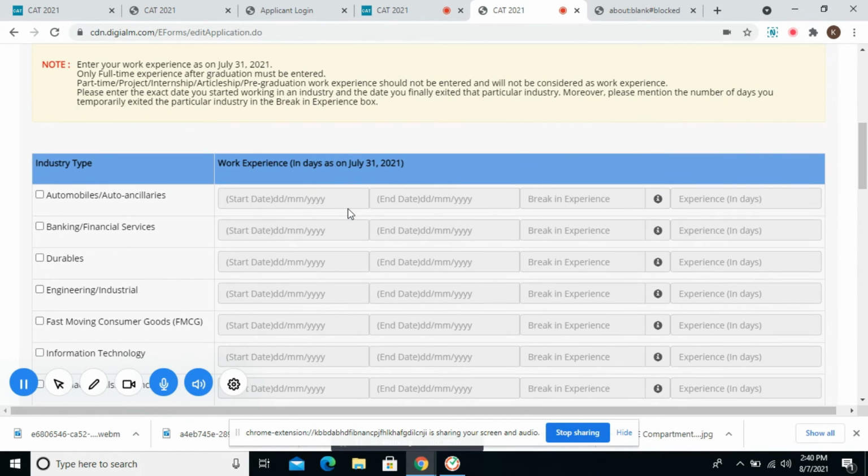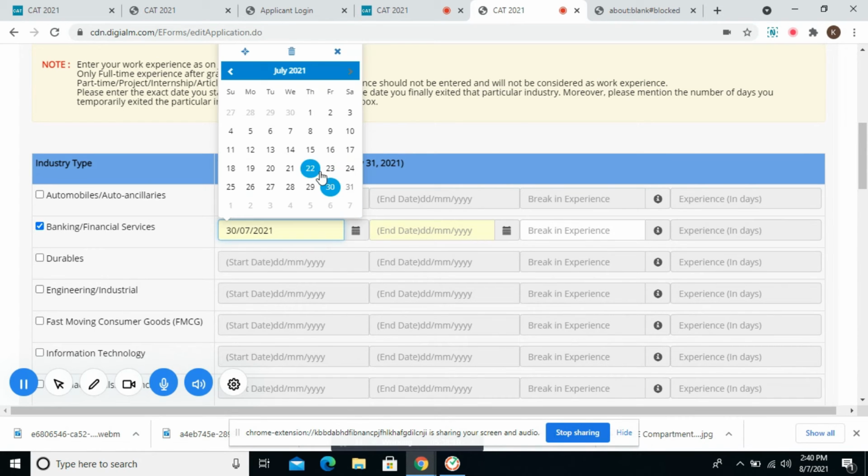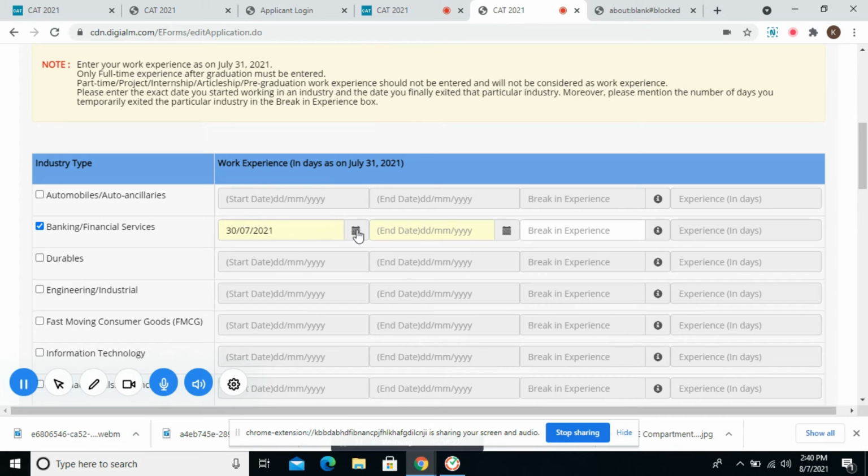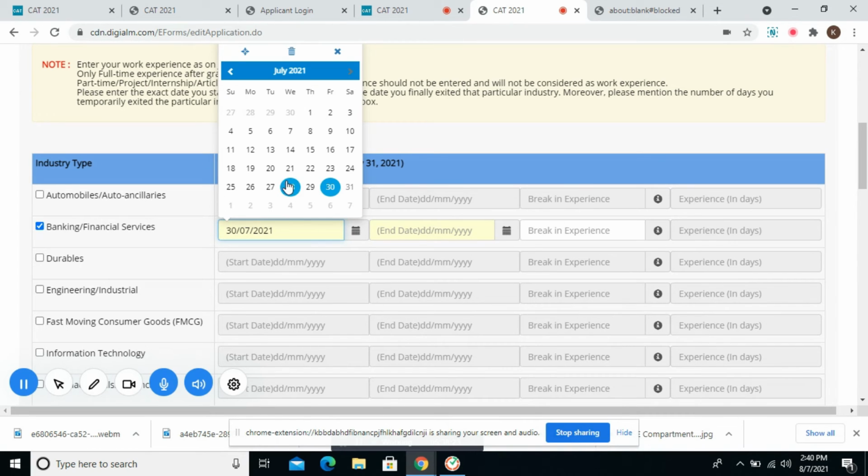Work details means that if the candidate has worked somewhere before applying, they can choose it over here. You have to enter the industry type where you've given your work experience. It can also be a 6 months or 1 year experience.